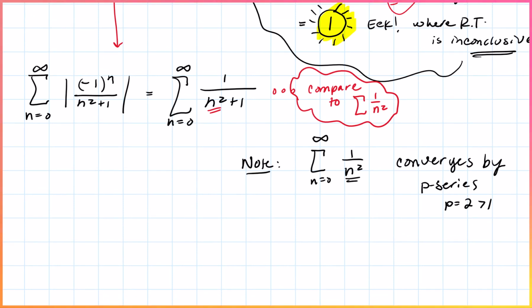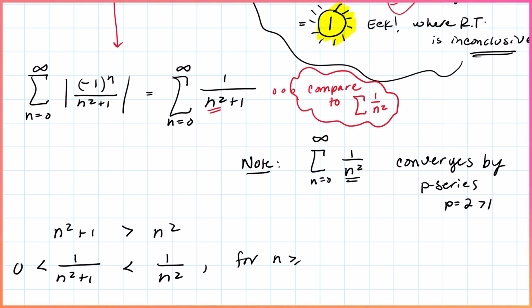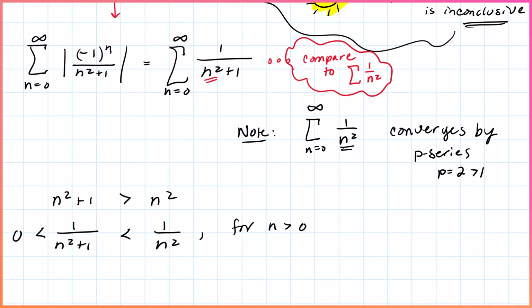So with the direct comparison test, what we do is we say, notice that n squared plus 1 is greater than n squared. Therefore, 1 over n squared plus 1 would be less than 1 over n squared. And of course, these are always greater than 0 for n greater than 0. And so definitely this series is smaller than this converging series. So we can say, therefore, by